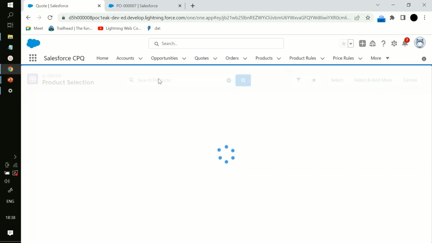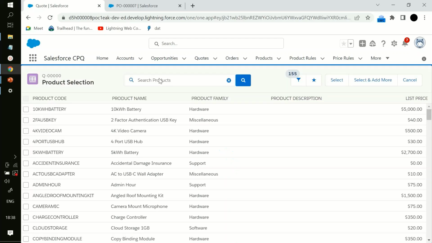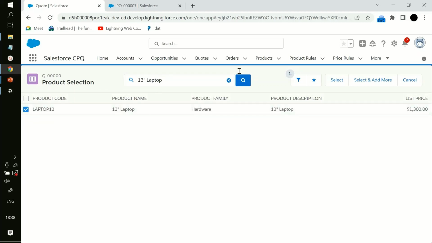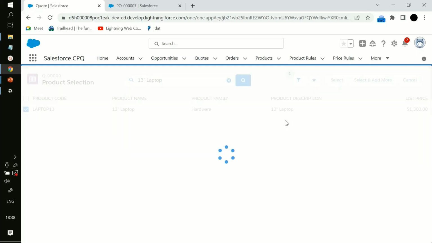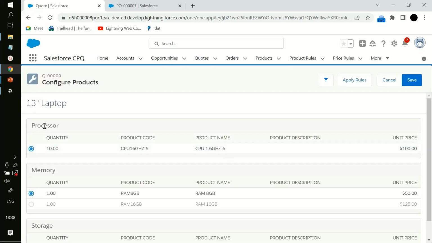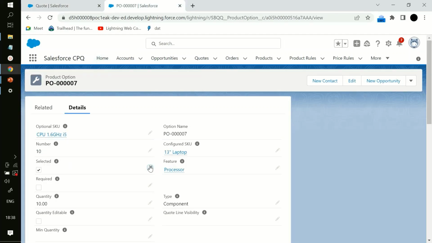Now I will again select that laptop 13. Okay. So now this laptop 13, I've selected it. And now as you can see, this particular CPU will be selected by default. Later on, if you want, you can deselect it. Okay. Now, if I remove this selected option